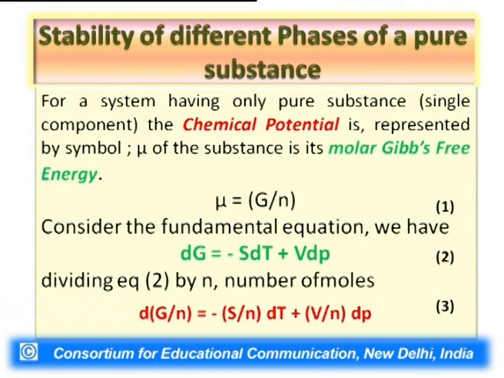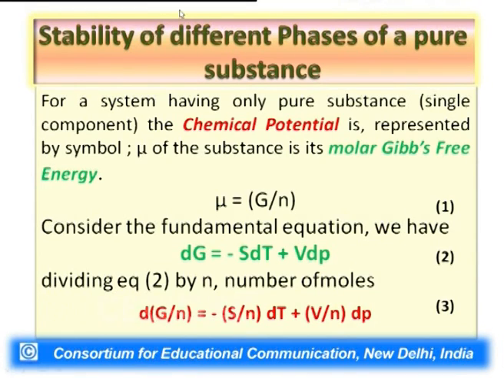As I have already discussed in our thermodynamics section, chemical potential mu is molar Gibbs free energy for a pure substance and partial molar Gibbs free energy for a substance which is present in a mixture. So, here since we are considering only a pure substance, chemical potential is nothing but molar Gibbs free energy, that is Gibbs free energy of the system divided by number of moles of the substance present in the